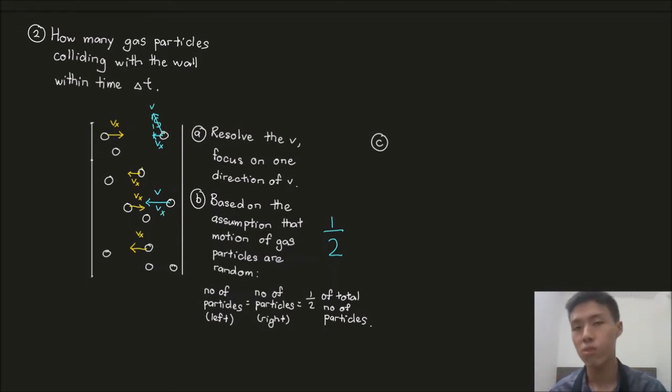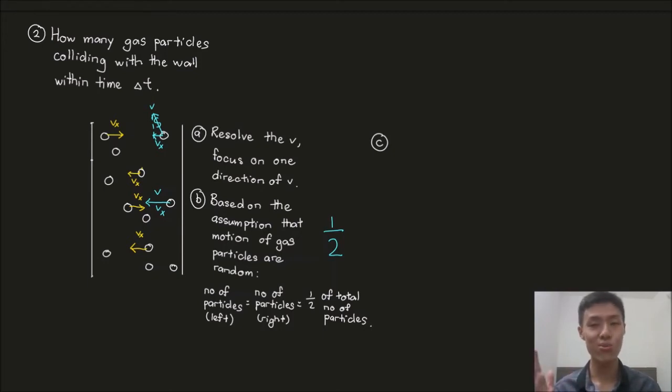So if you resolve the velocity components, all of them, you resolve the gas particles to the x direction, you'll see that some will have greater speed in the x direction, some will have smaller speed in the x direction. So it's a spectrum. You have something moving at high speed to the left, you have something with low speed moving to the left, a range of speed. So the next simplification that we're going to do is we want to assume all the